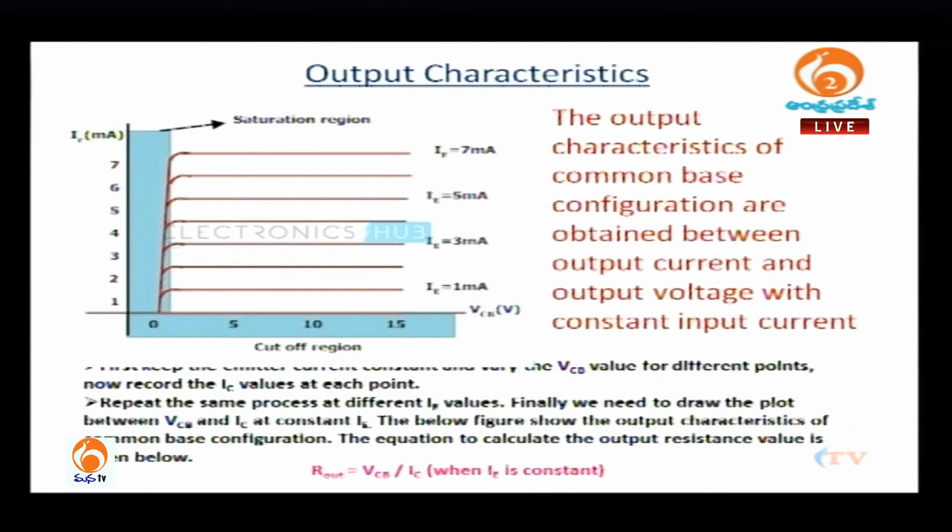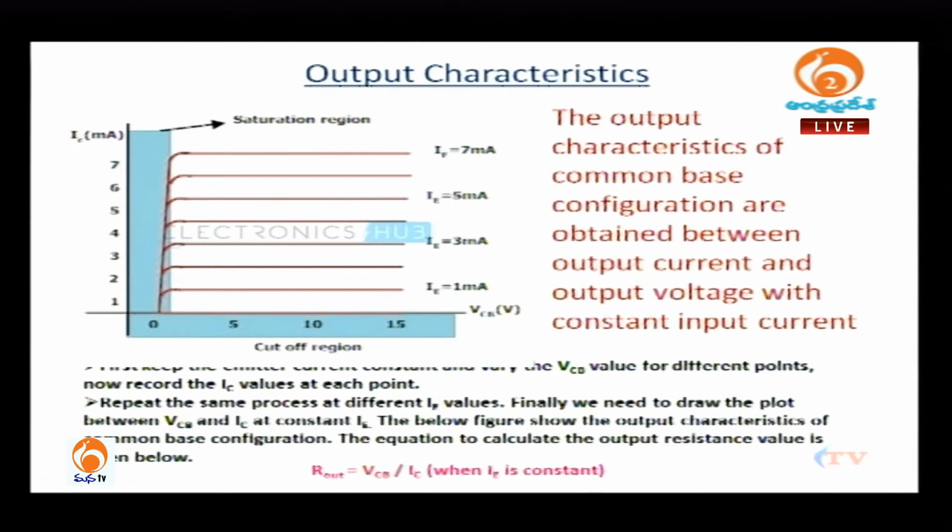The saturation region is where we are not applying sufficient reverse bias to the collector junction. Here you can see that as we increase the collector to base voltage, the collector current is also increasing, which is not desirable. This will happen only in the case of saturation. After a few tenths of a volt, the collector current almost becomes independent of the collector voltage, like this one. This is the output characteristics of the transistor in the